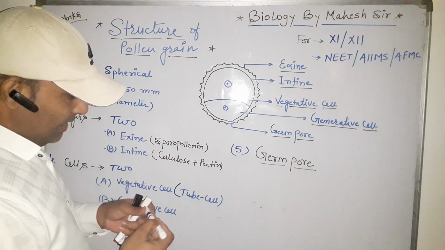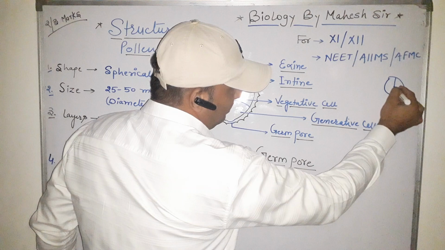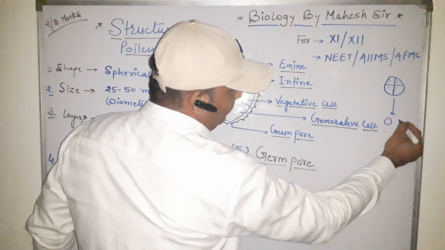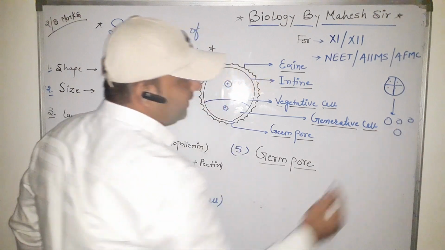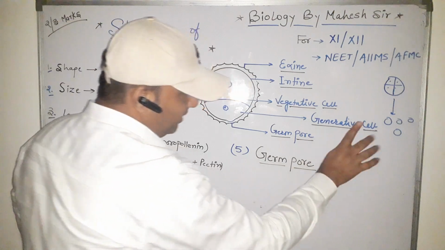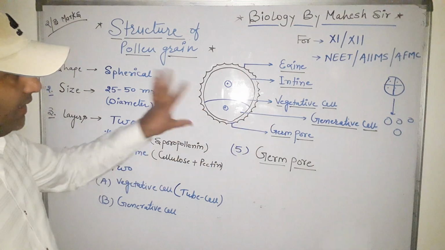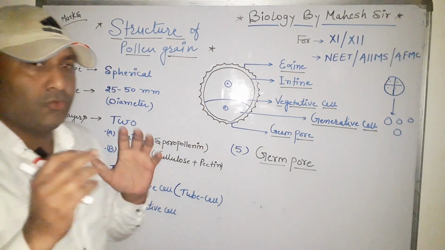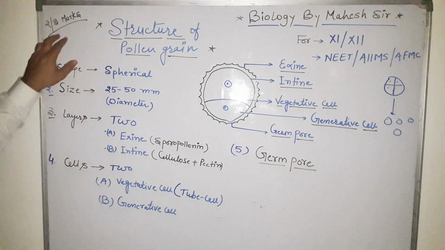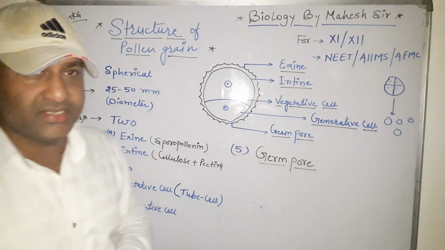In the last class, I explained that the four microspore tetrad splits and develops into four pollen grains. Each pollen grain is the first cell of the male gametophyte, and the diagram shows a complete pollen grain. We have to know the systematic answer for this, because there are 2 or 3 mark questions in your board examination and a few terms related to your NEET examination.